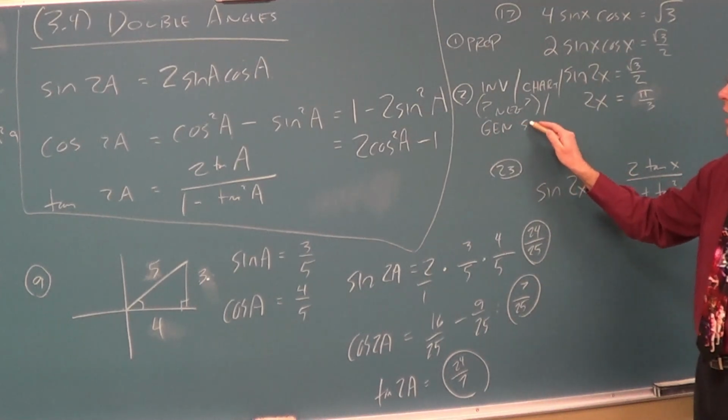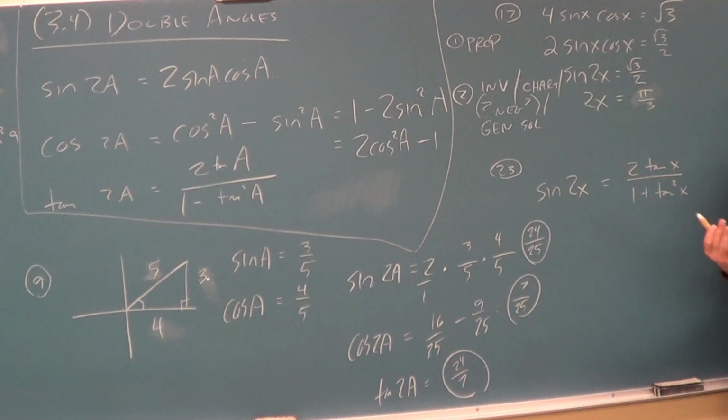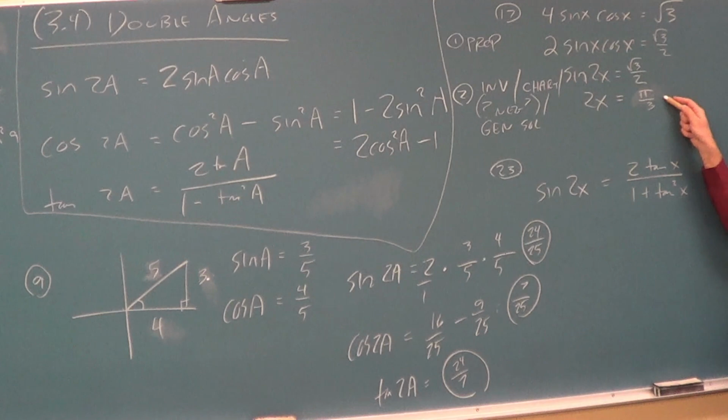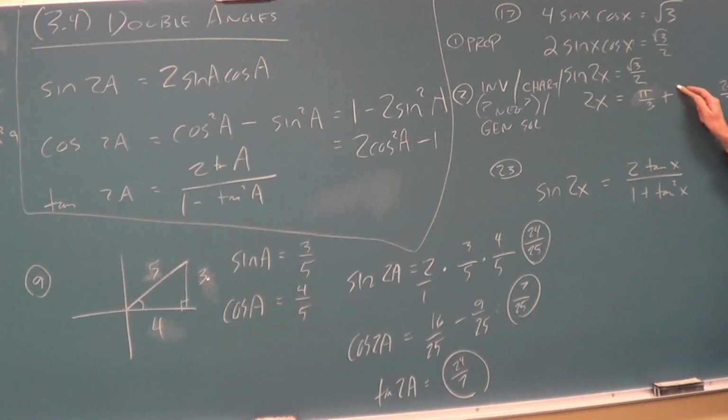But we also have to look at our notes or scan our memory for a general solution or general formula, whatever you're in the mood to call that. How do we build a general formula around sine stuff? 180 minus, or pi minus, in this case pi minus. So what's pi minus pi over 3? 2 pi over 3. And then what do these both have? Add 2 pi k. That's a complete